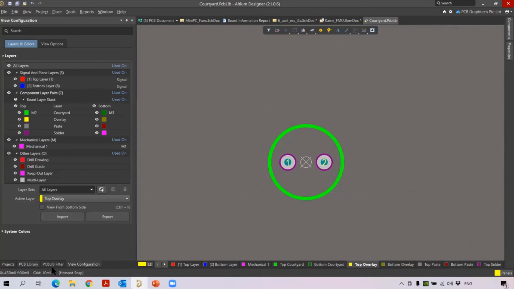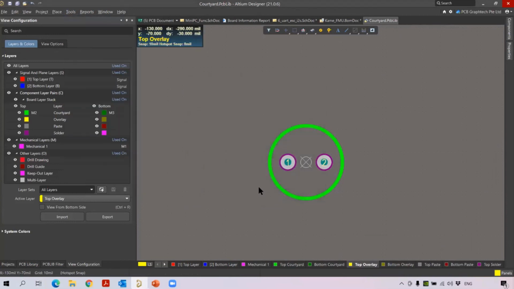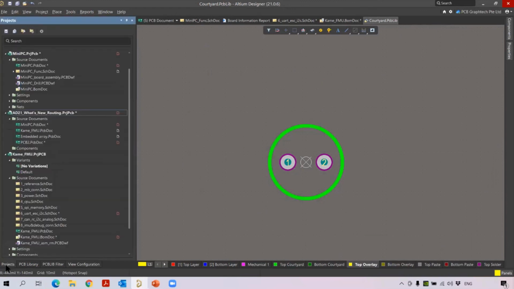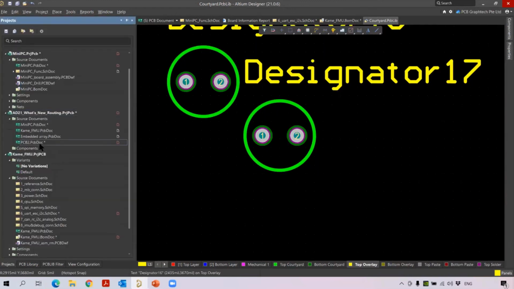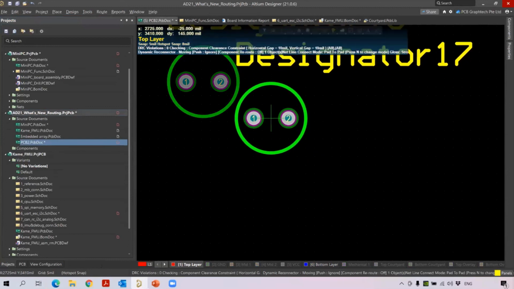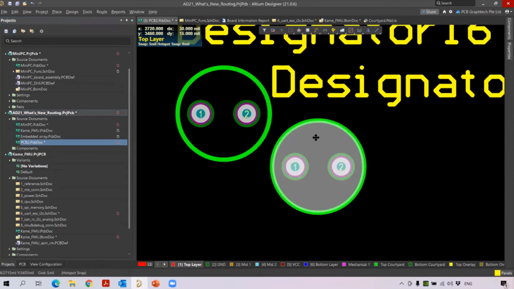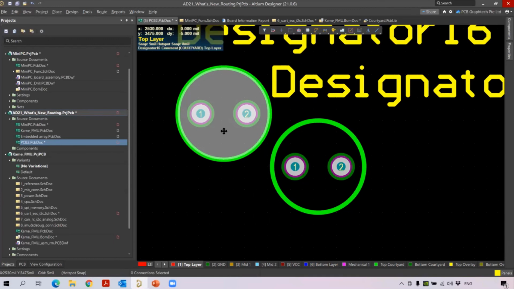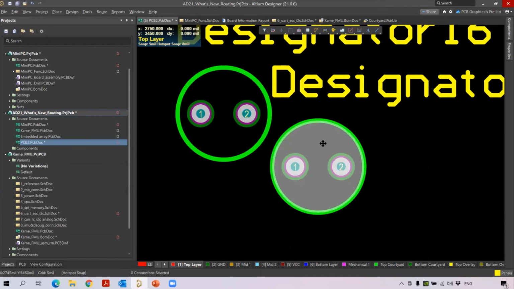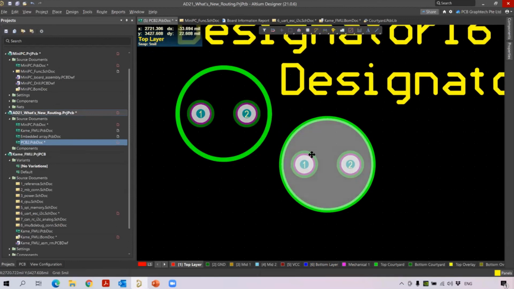Once I saved it, I'm going to update this inside my PCB. So go to tools, then I'm going to update this with the current footprints. When I update it, I'm just going to open the PCB document and see. So the PCB tool, let me open here. You see, now there is no more violation. You can see when I move them closer to each other, they change to courtyard. If I click, you see the bounding box is inside. So this is the advantage of using the courtyard layer. They come inside along with the layer, and when you move closer, there is no more violation.